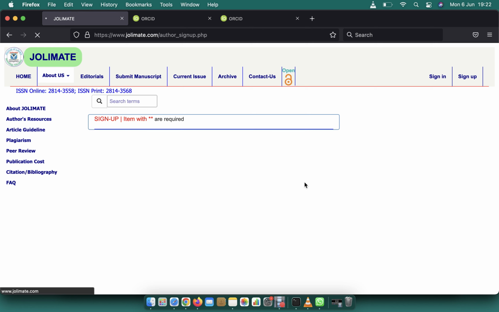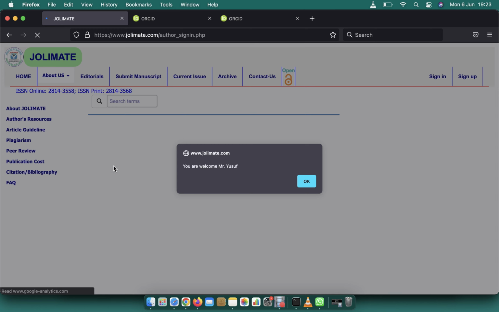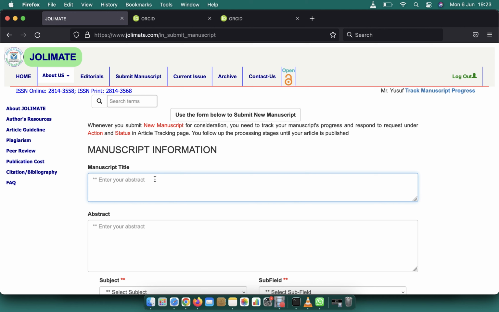Now the system automatically tells me to sign in. So let me just go ahead and sign in, and I put my password. Now I have signed in, and that is very, very important. So now that I have signed in, I do not have any manuscript here. So the next thing I need to do is to click on submit manuscript, and then